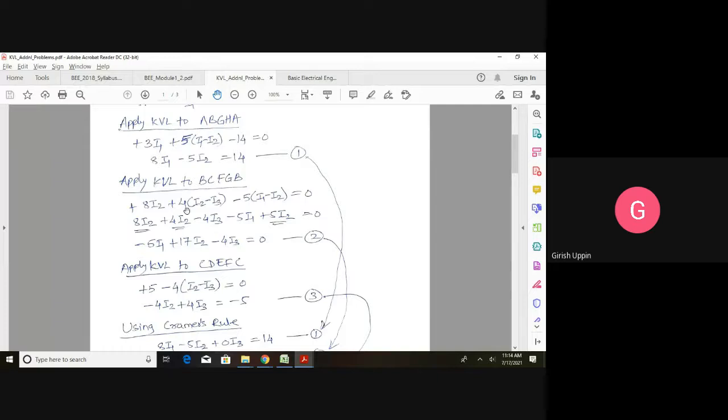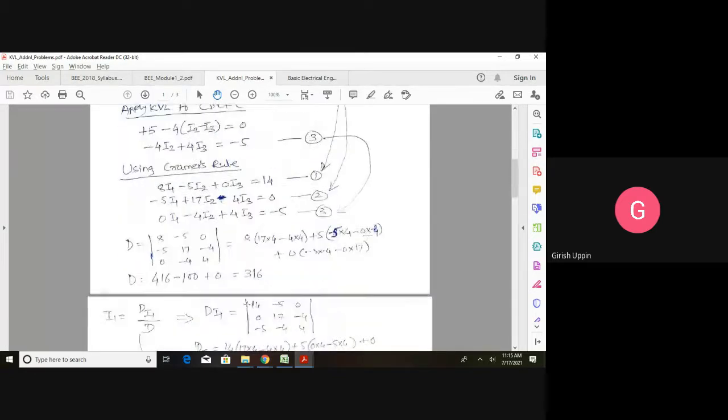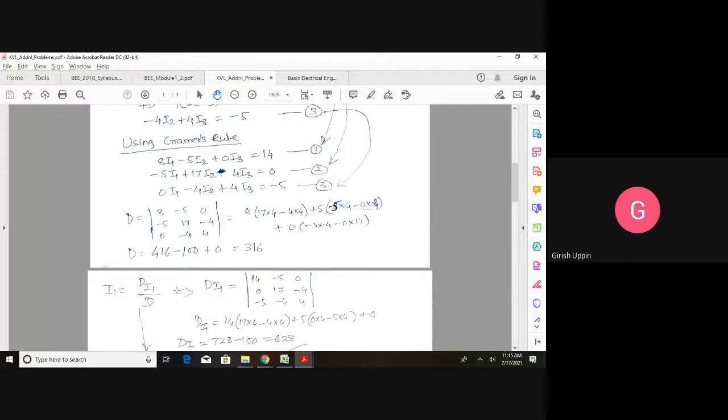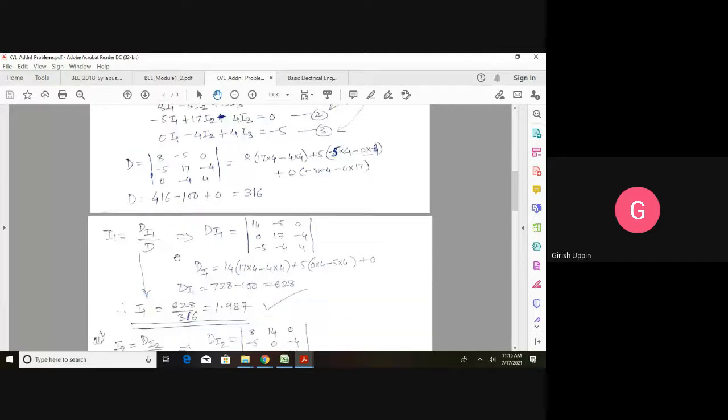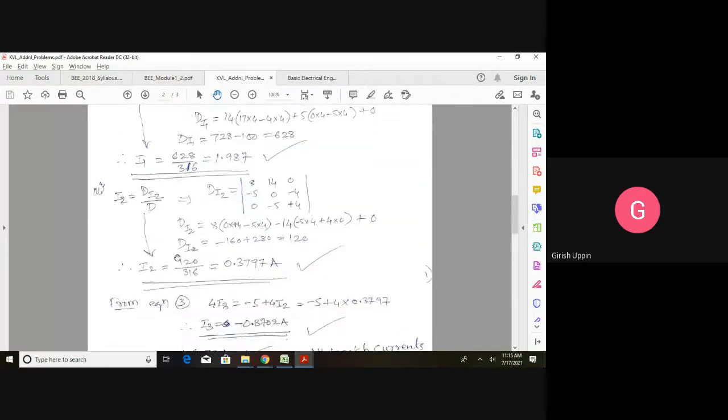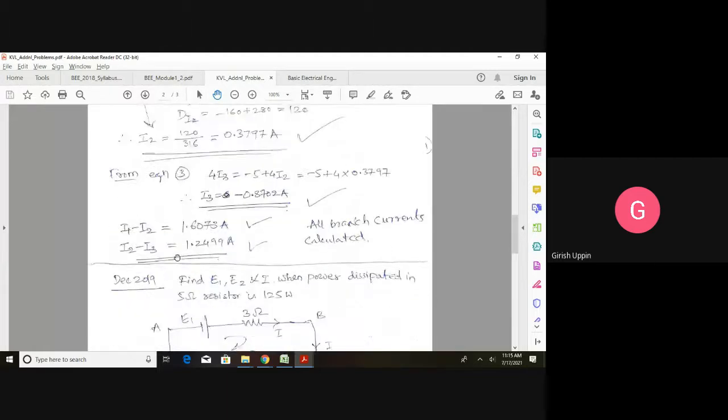So this would be like A1, B1, C1 is equal to D1; A2, B2, C2 is equal to D2; similarly A3, B3, C3 is equal to D3. These are the three equations using Cramer's rule. I have done it using Cramer's rule. If you are aware of Cramer's rule, try to solve using that, or you can use the calculator. I will include this in your classroom. You can go through that problem.